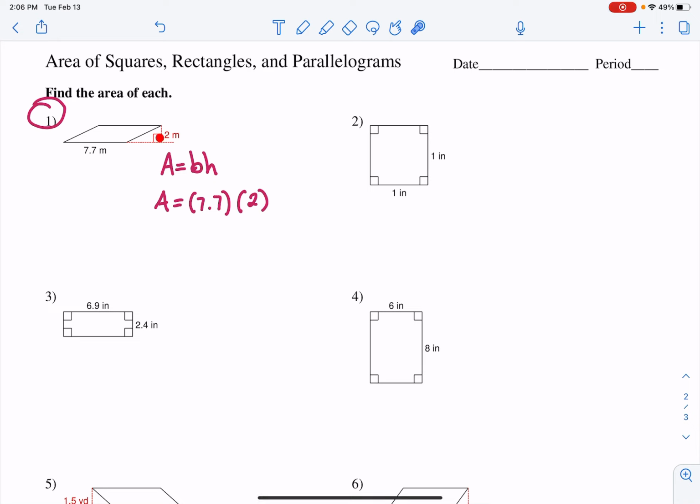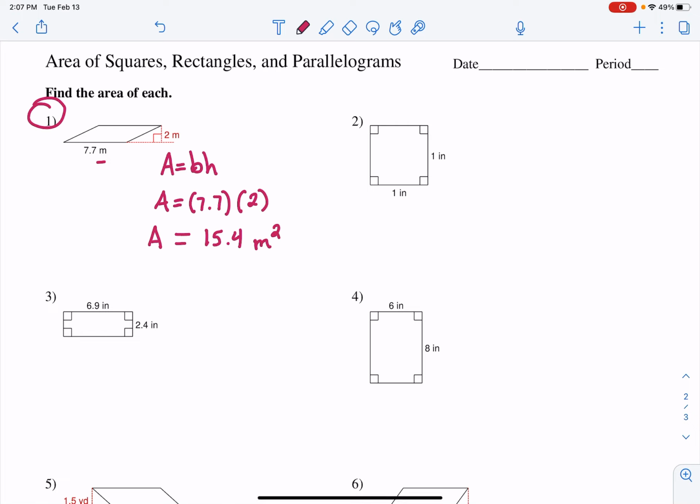Always look for this right angle right here. This little right angle symbol is going to direct you to your base and your height. Then we're going to multiply. 7.7 times 2 is 15.4. So our area equals 15.4. But 15.4 what? Okay, let's give context to this problem. 15.4 meters